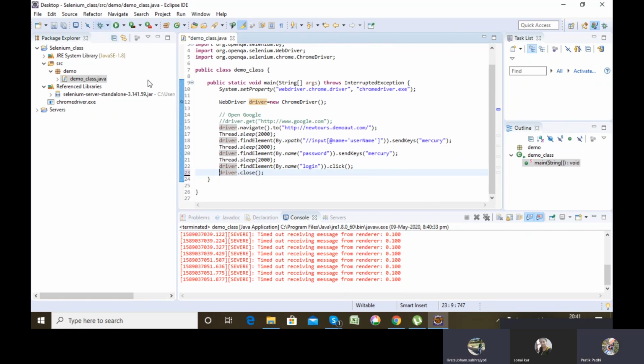Yeah. So see, once it clicked on login and get logged in into the home page, it will close the system. Means it will close the browser which is open. So for that we'll be using driver.close.